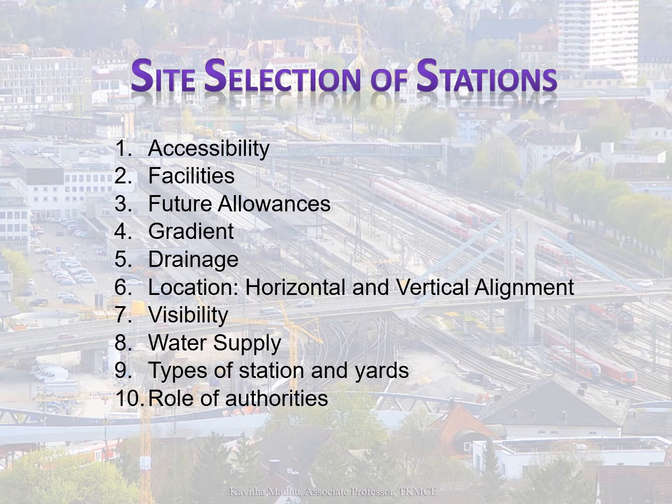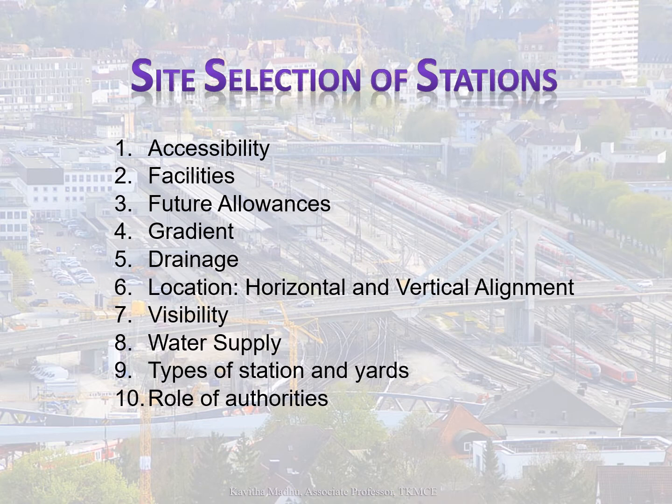So sufficient land area, including the land width for a single track or maybe in future a double track system, should be accommodated. Keeping that in mind, we have to acquire the land initially, and the provisions for station buildings, platforms, cabins, staff quarters, and all other future extensions need to be kept in mind before acquiring the land in the beginning. This is necessary from an economic consideration, because once land is acquired, the land value greatly increases due to the start of development on adjoining lands. So sometimes acquisition at a later date becomes practically difficult besides being costly.